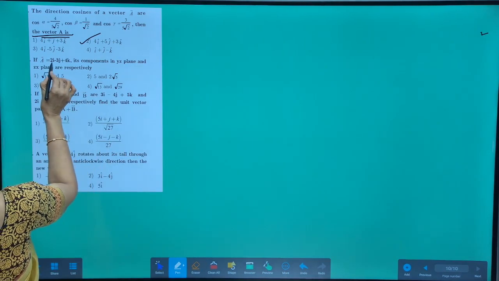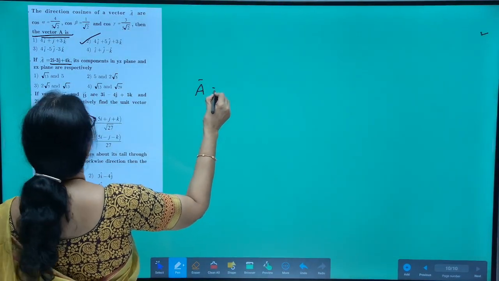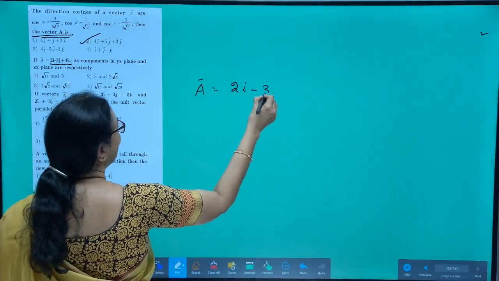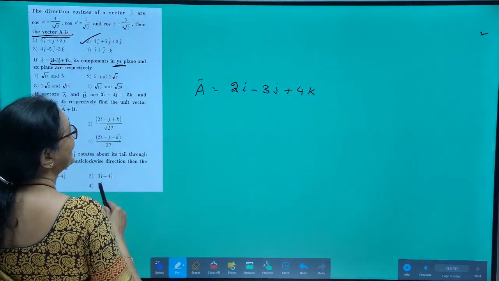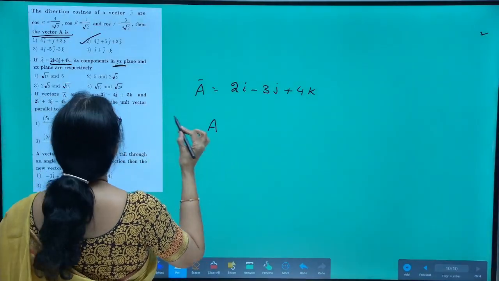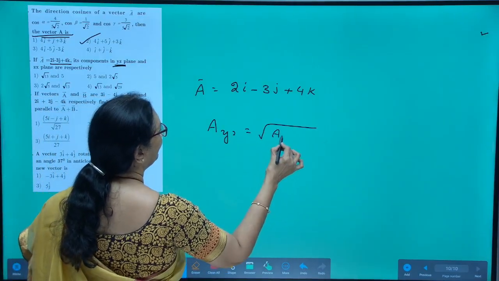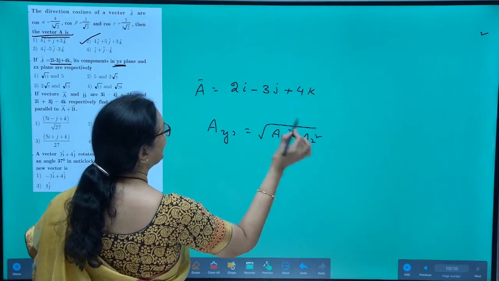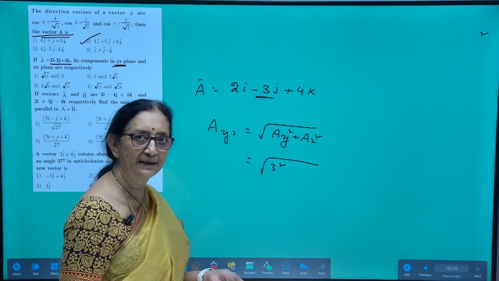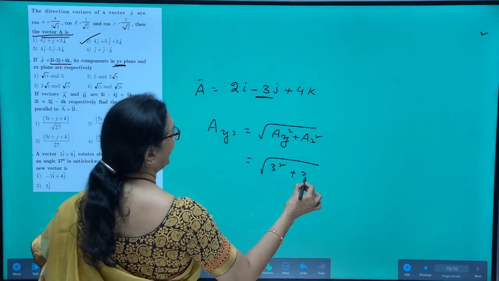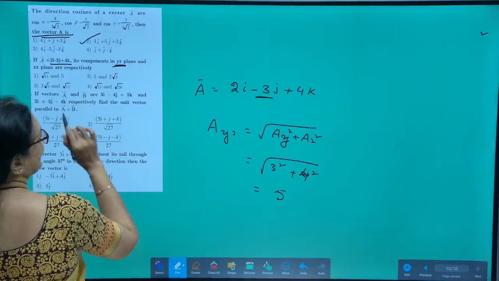Look here, a bar is given as 2i minus 3j plus 4k. Find its components in the yz plane. So, the length of a bar in the yz plane is square root of ay square plus az square. Ay square is minus 3 whole square, which becomes plus 3 whole square. So, it is 3 square plus 4 square, this is 5. And in the zx plane,